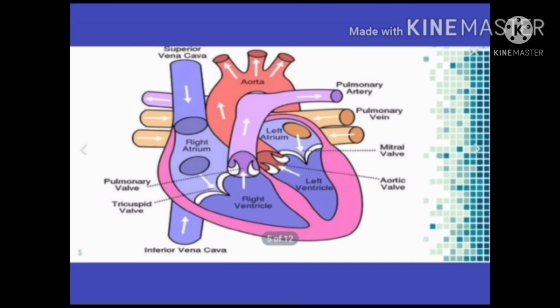Oxygenated blood is carried by pulmonary vein into left auricle or atrium. Both the auricles get filled up simultaneously. It is called diastole. They contract together or undergo systole to pour their blood into their respective ventricles. This causes diastole of the two ventricles. In the next video, we will read about the mechanism of the working of heart.